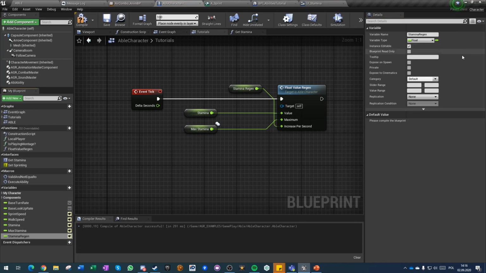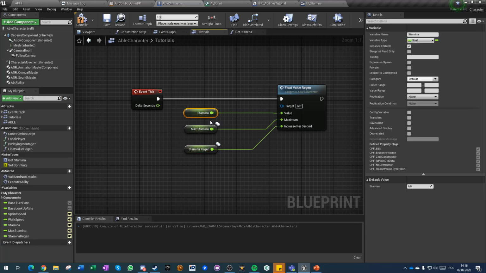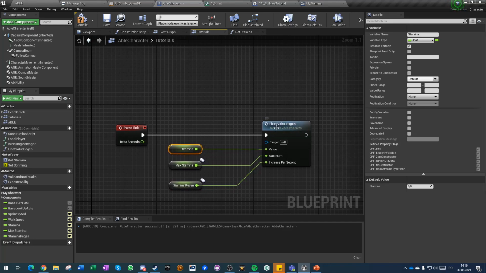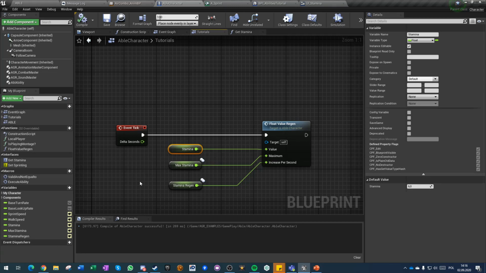Stamina region, which is also a replicated value. Now, why don't we replicate stamina? Because in this way we have a stamina version on the server and on the client itself. And because we are setting it on tick, we would be replicating this value 30 times a second, at least. This is the default tick time of the server. So we would make 30 replications of each stamina per each player for each player. So with just 2 players we have to do 4 replications per second of a single float value, which is useless